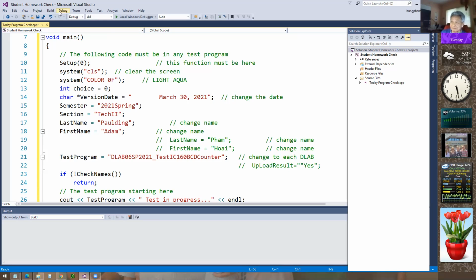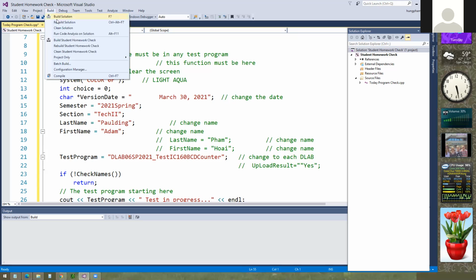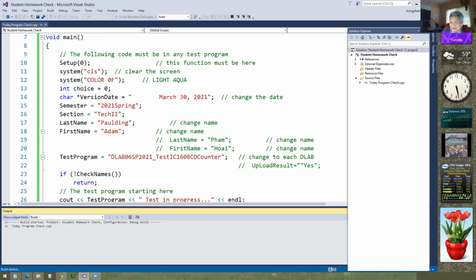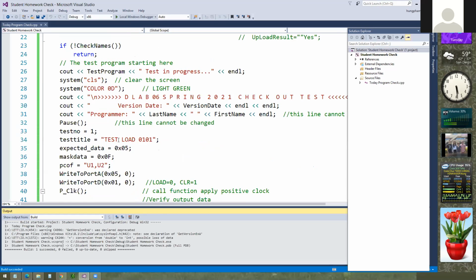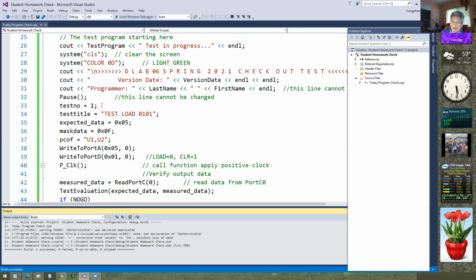Okay, yes, sir. I will run it. But in this lab we have only test number 1, I think. I thought that was just the short way to get it to pass. But you uploaded it, so